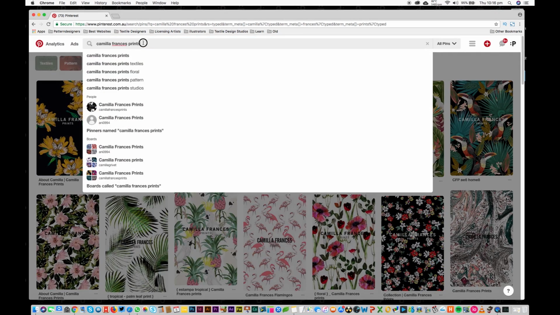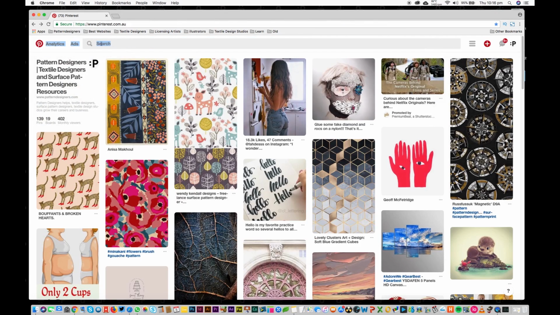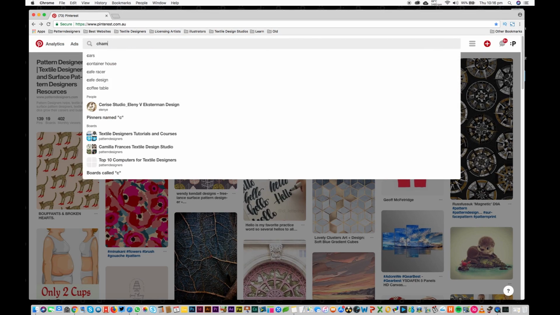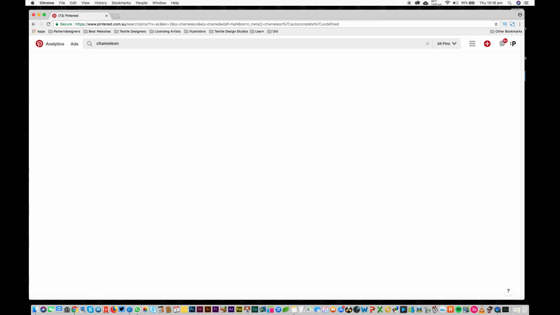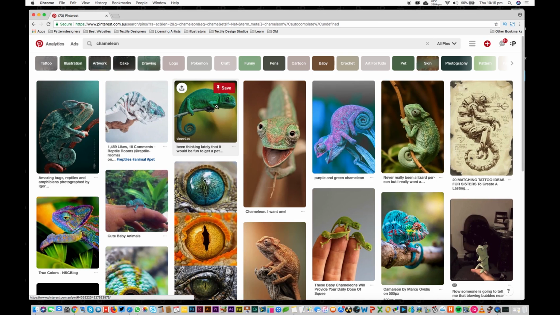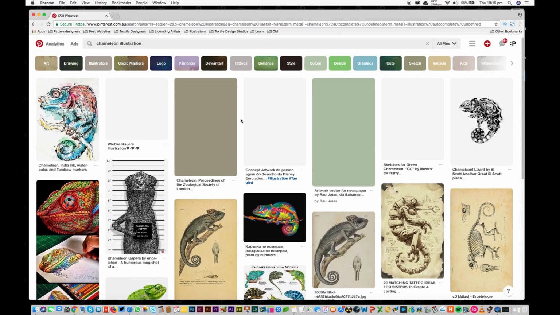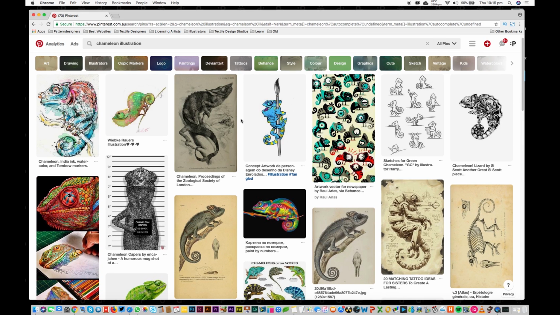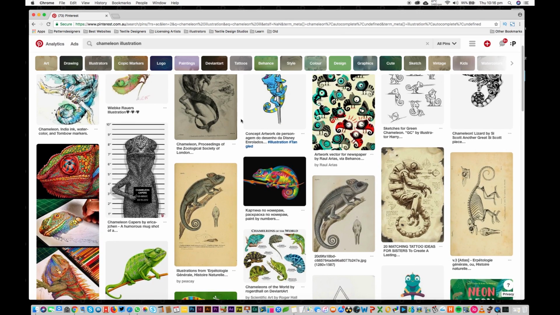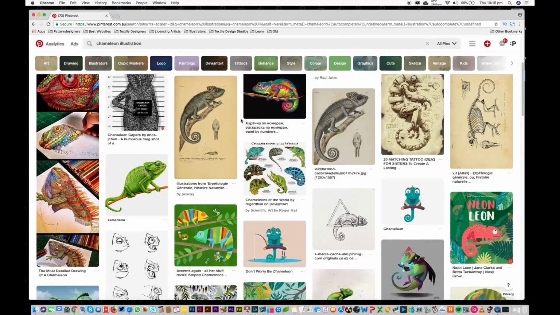So for example, today I've been drawing a chameleon, so I can type in chameleon, get photos of chameleons, and then type in illustration and get illustration really quickly, and get the vibe for what's out there already, and kind of go from there.